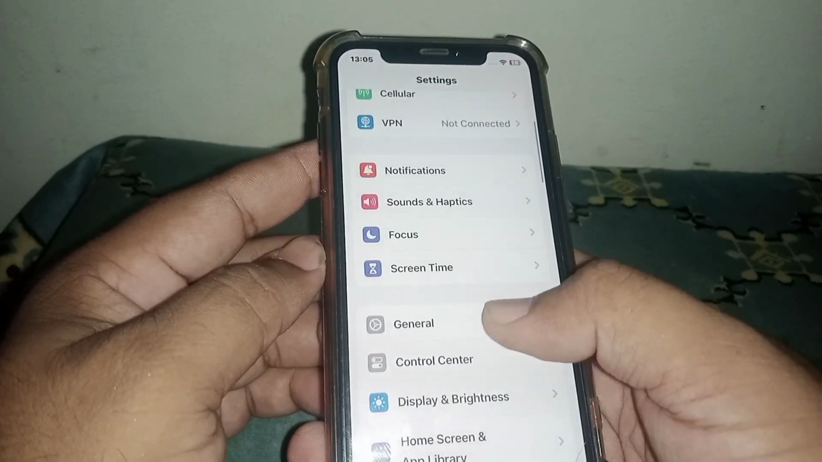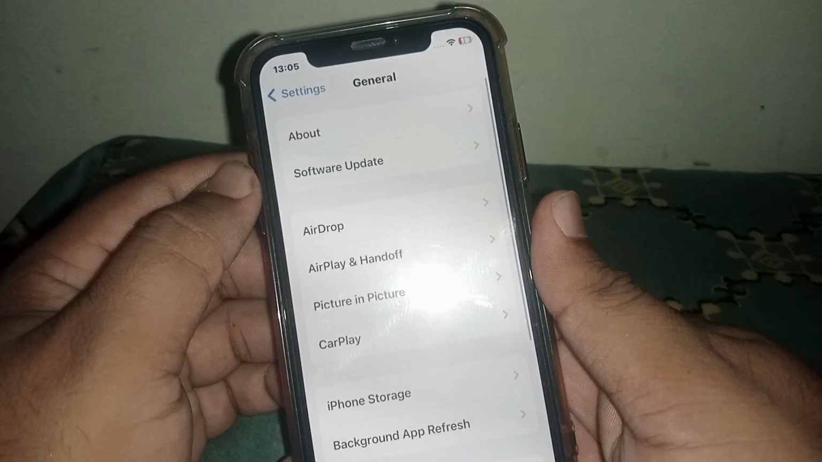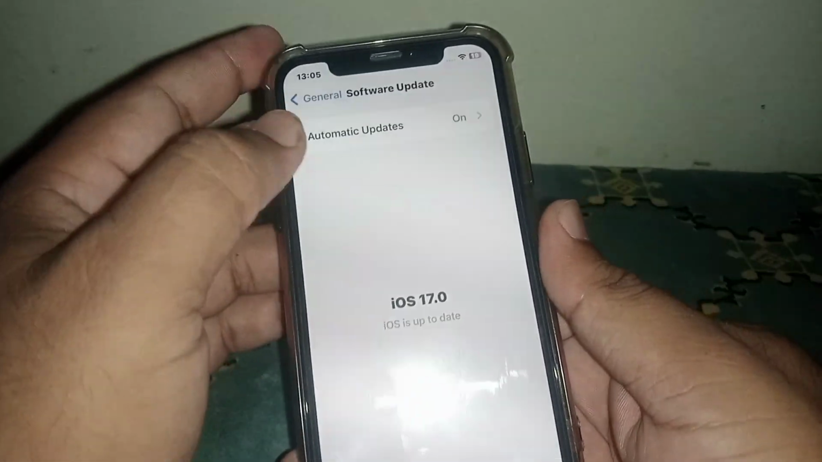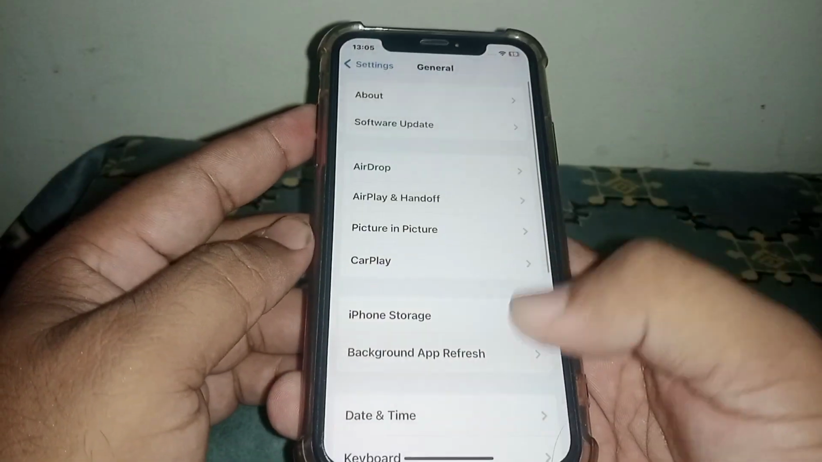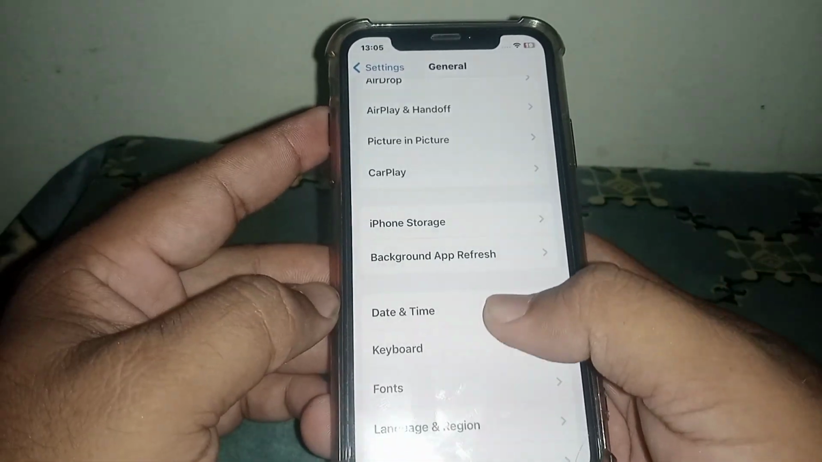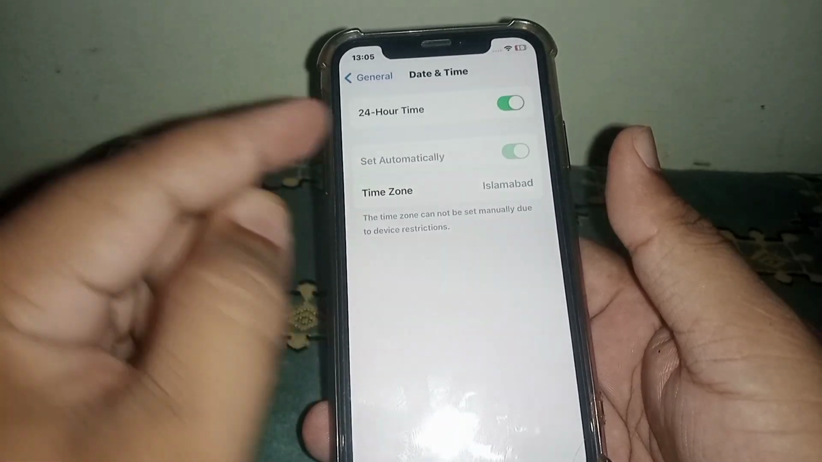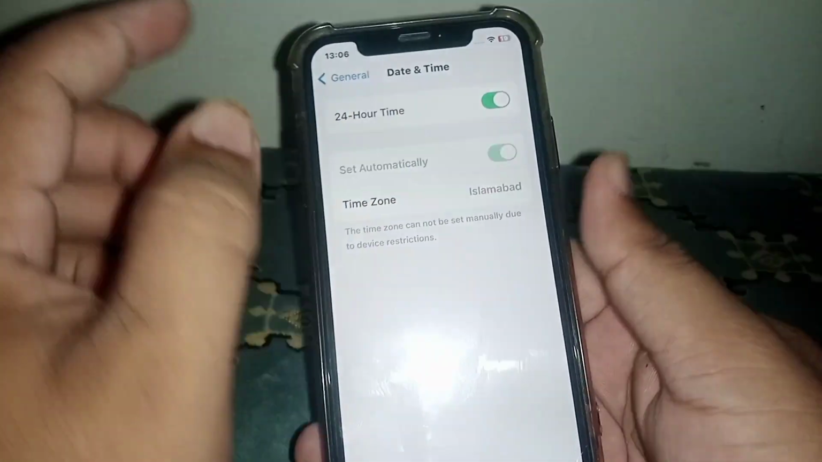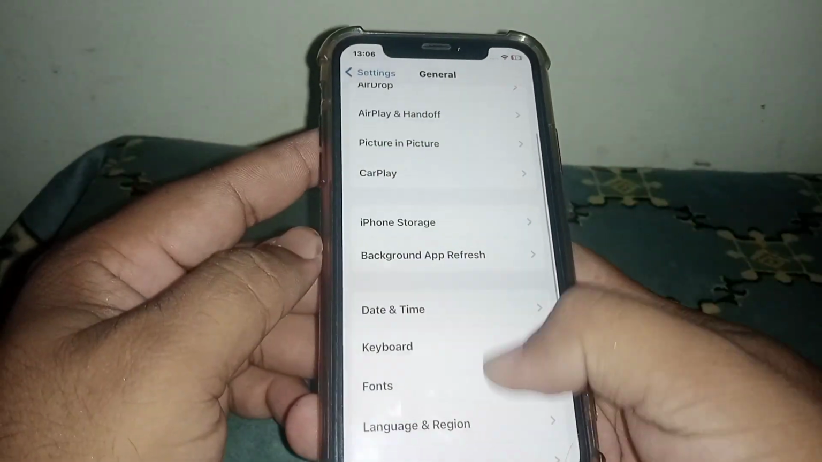Scroll down and click on general, and from here click on software update, and from here you make sure that you update your iPhone and iPad. After updating your iPhone and iPad, go back, scroll down and click on date and time, and make sure that you turn on this toggle, set automatically. If the toggle is turned off, what you need to do is turn on this toggle, and after that go back, scroll